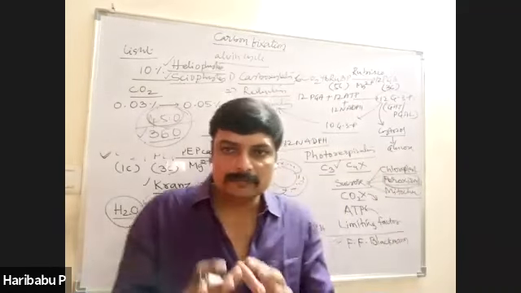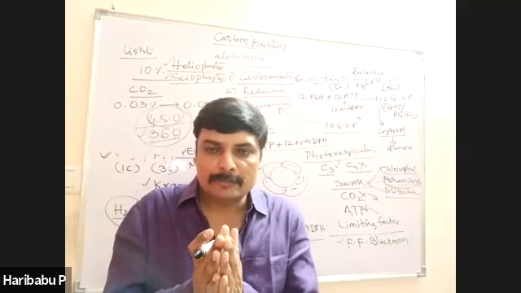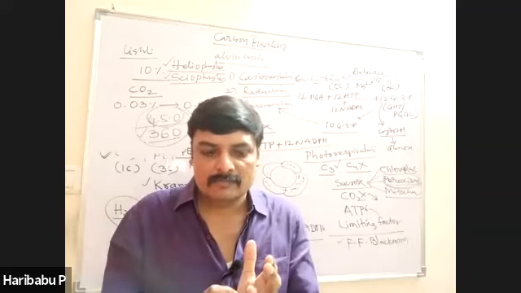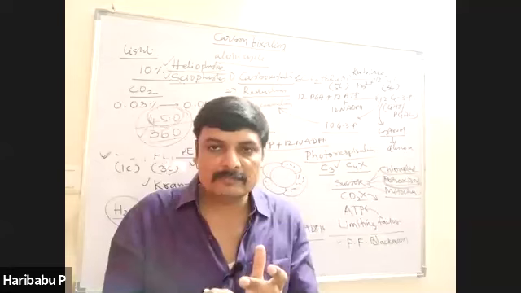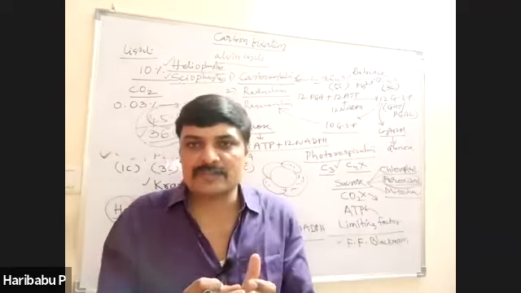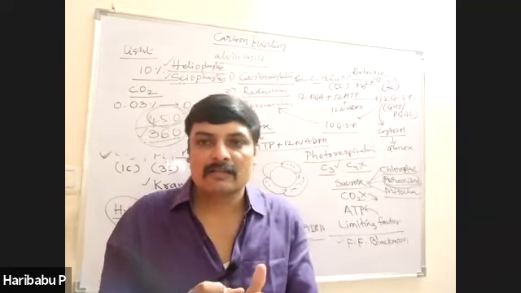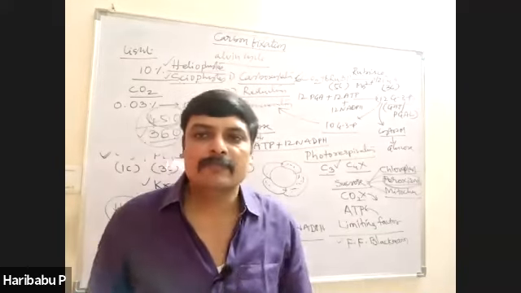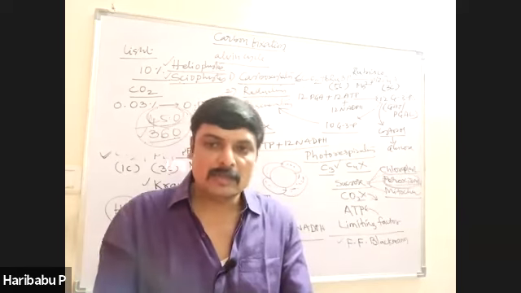This is about factors. Today, I told you the important points regarding the Calvin cycle, C3, that is the C4 pathway, that is the Hatch-Slack cycle, then photorespiration and factors affecting photosynthesis. This is about today's topic, and that's all for today, and tomorrow we go for the next one.